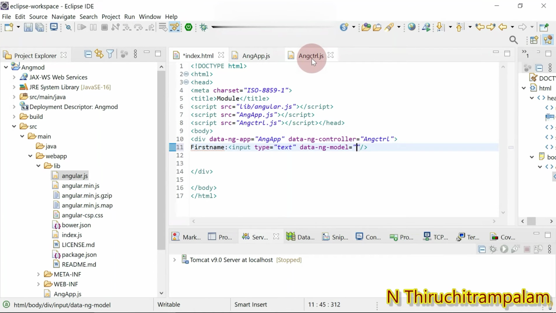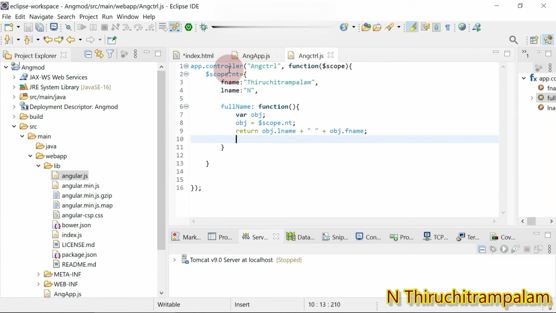Go to the controller. This is the controller we have created, ANG-CTRL, and here you can see the property named nt, and then it does have two key values, one is fname and lname, right? So whatever value you key in within this text box, that value will get synced with this fname.